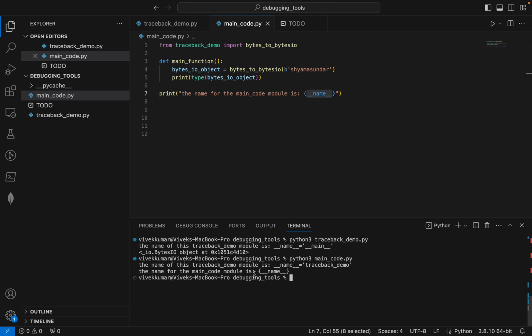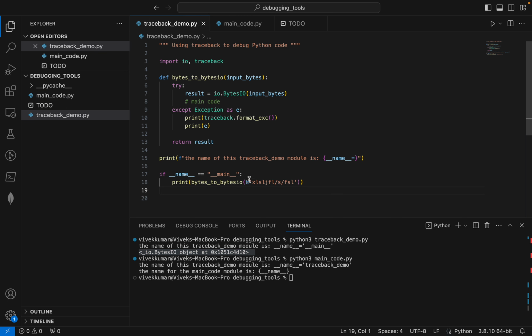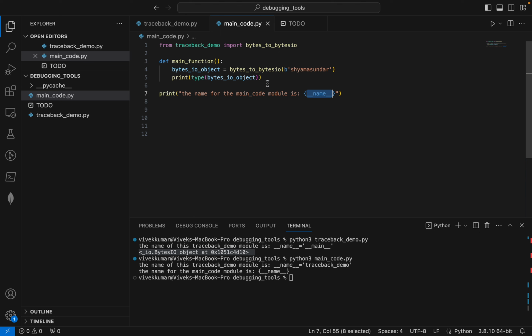So I can see that now the module name is traceback demo. It's no more __name__ main, which was earlier the case, and hence this portion of the code which was printing the bytes.io object is not executed, because that particular condition is not fulfilled, right? And now this particular module is the main module, and hence we can see